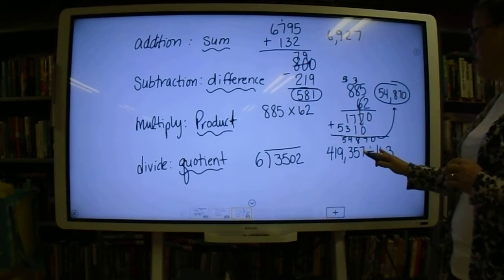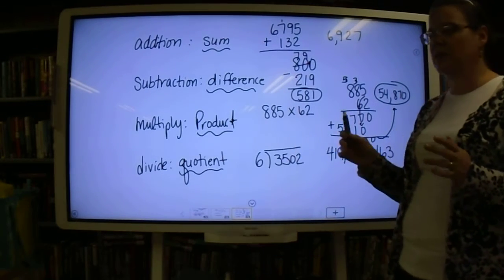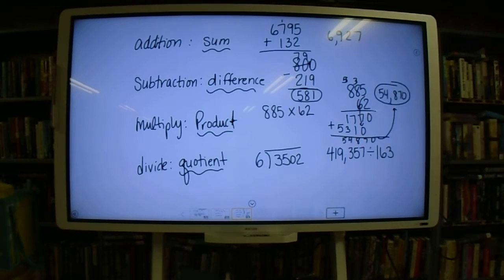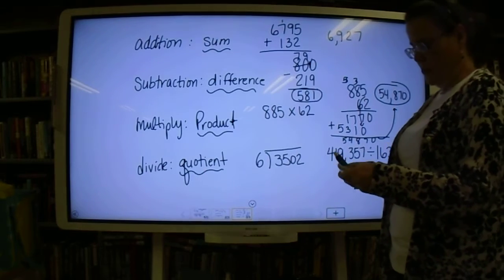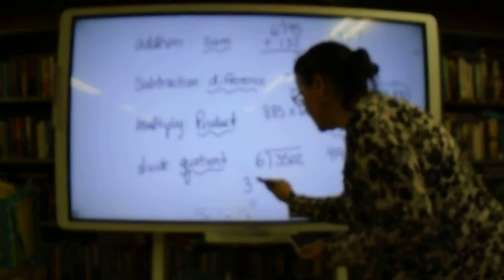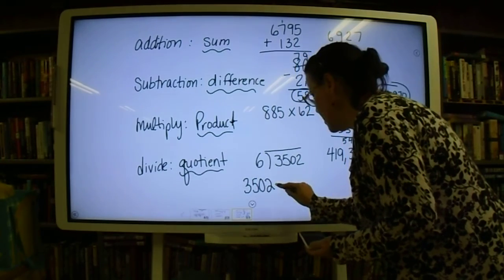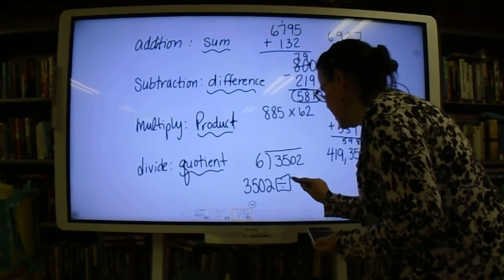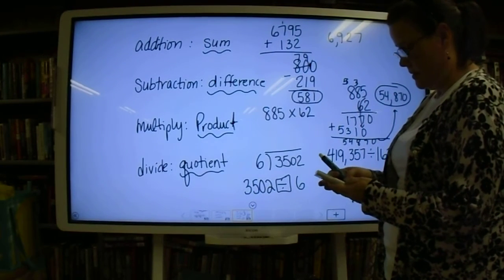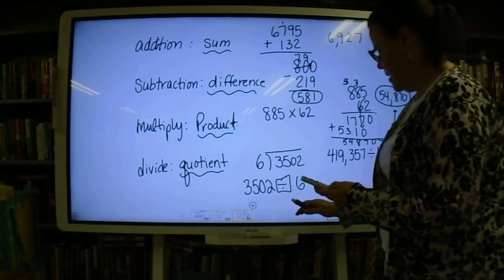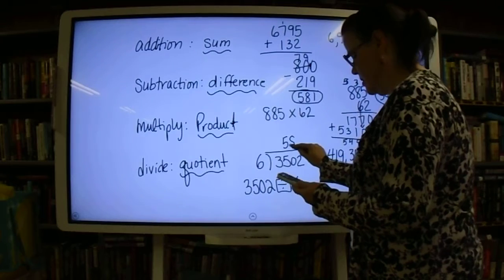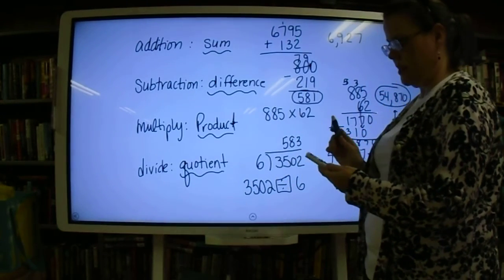Okay? And then when you're dividing, I put 2 different ones up here because you can use your calculator. Excuse me. And you would punch it in. Now what you're going to punch into the calculator would be 3,502. Then hit the divide button and then do 6. So that's what I'm going to do. And you would realize that you're probably going to have a remainder, because it ends up being